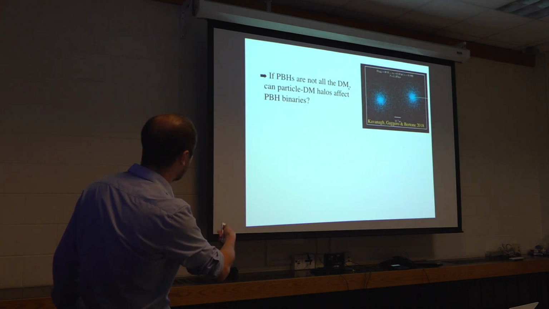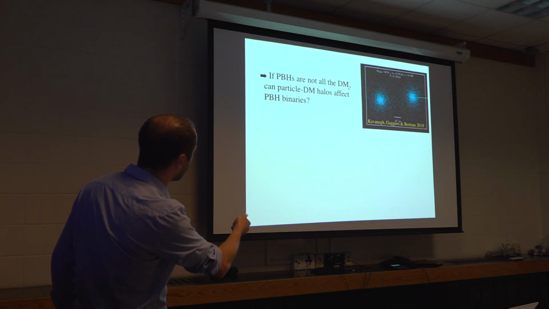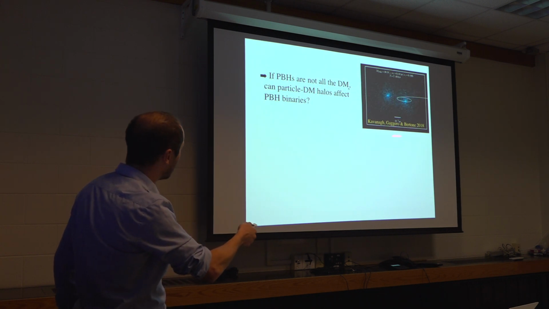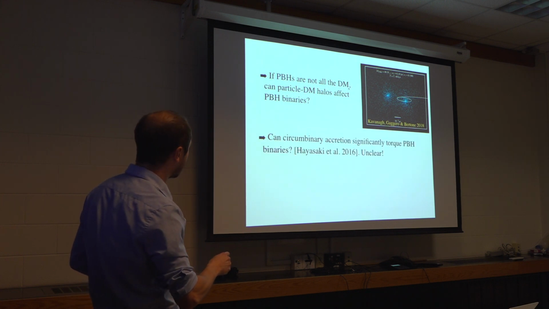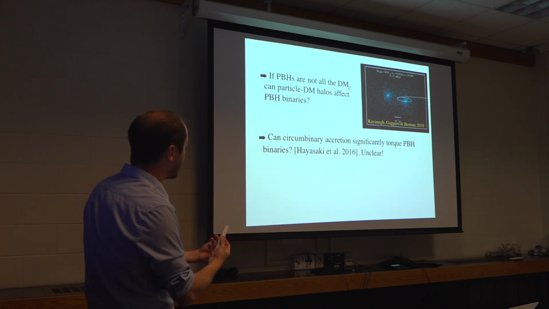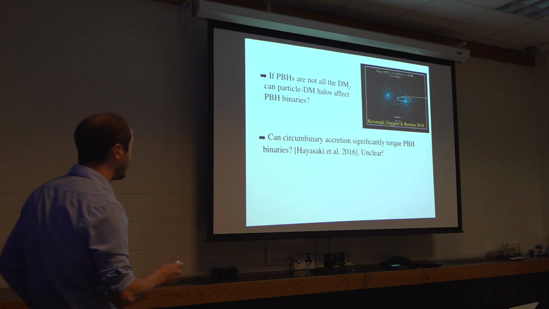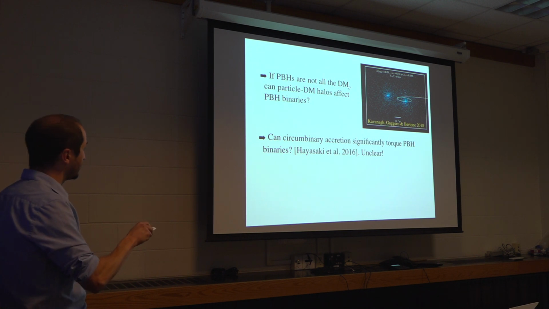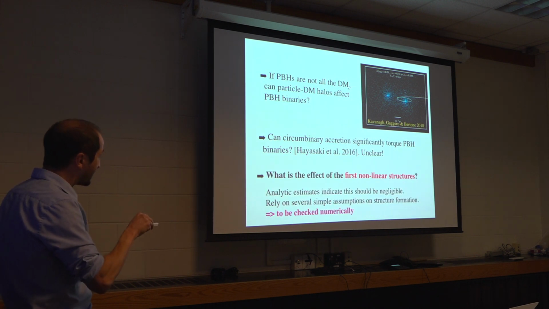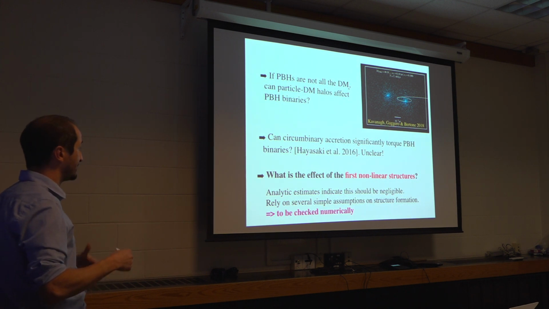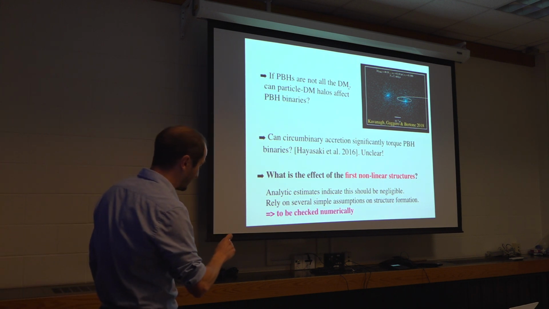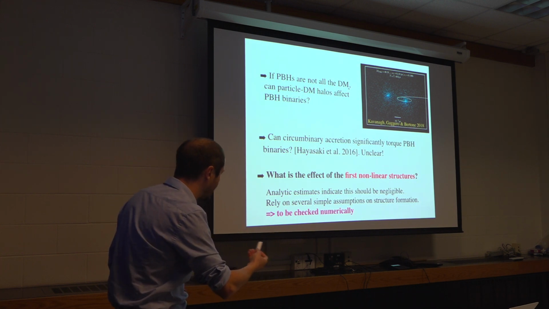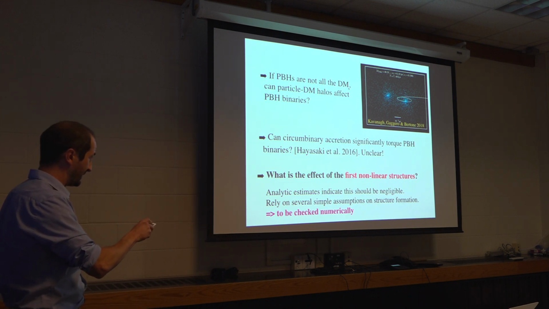So there are several effects that could matter. For example, if primordial black holes are not all the dark matter, they could form some dark matter halos, which could affect them. These people looked at this and they found that this is not a significant effect. You could also have a binary accretion disk, which could torque the binary. And this is, I think, still unclear exactly whether this would matter or not. And a purely gravitational effect would be the effect of the first nonlinear structures, which could, again, significantly torque those binaries. We made some analytic estimates in this paper. We found from analytic estimates that they should be negligible, but one thing that I like to do is to